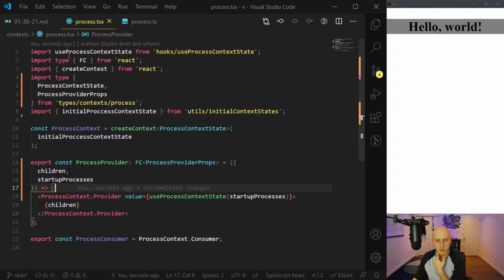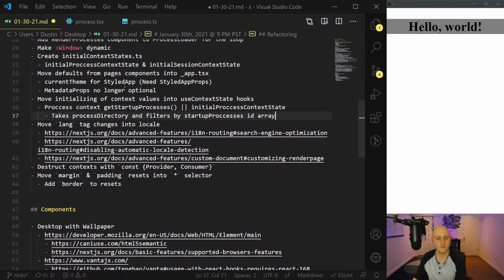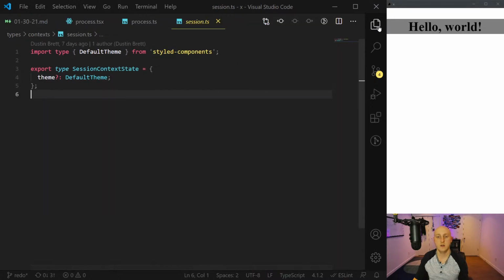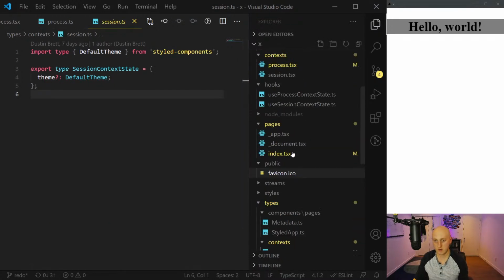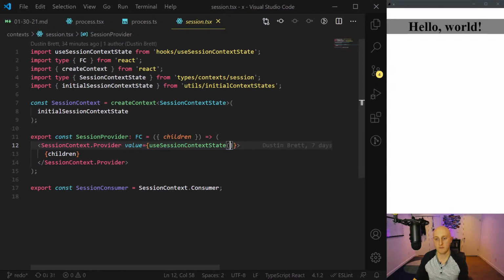So we've refactored the startup processes. I don't think I want to do the other one right now, the session one. That's for another day because I just don't know where to go with that. And we don't even pass anything right now with session. Oops, if we go to where is it here? That was in types again. If we go to the context session, yeah, we're currently not even passing anything. So at some point, maybe we'll pass something. I mean,